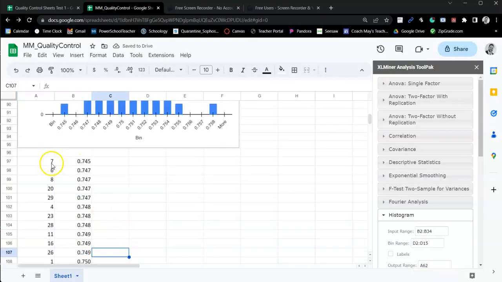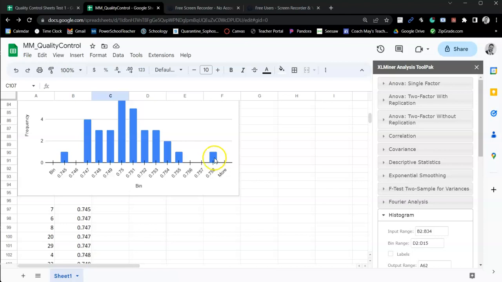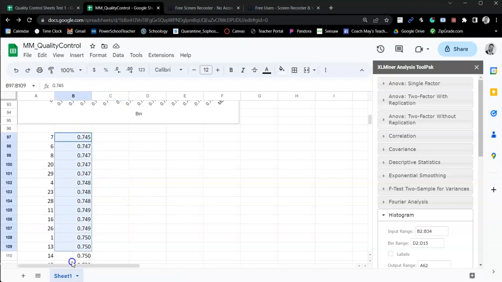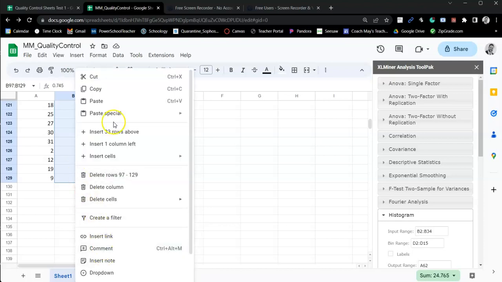So now I know block number 7 is my smallest block. So that's that one over here. I know my largest block is block number 9, right? And so that's block number 9. And I can actually highlight these now, and I can do some other things. I can right click on that data, and I can